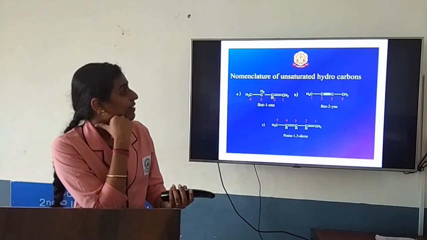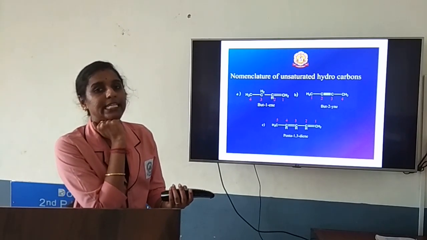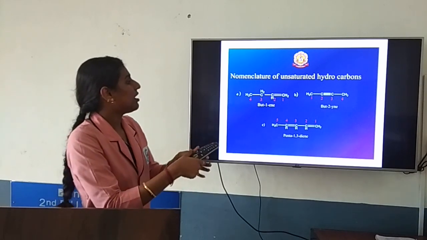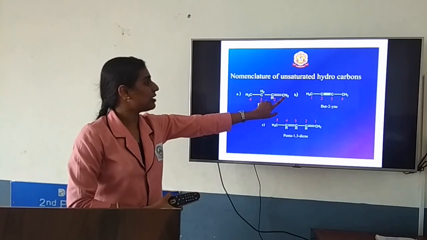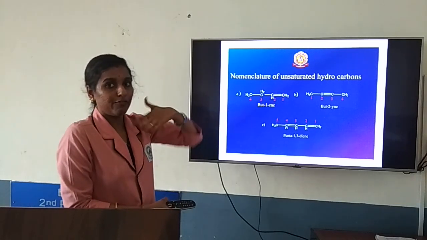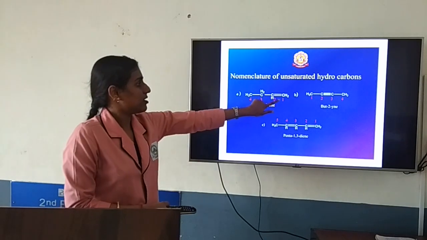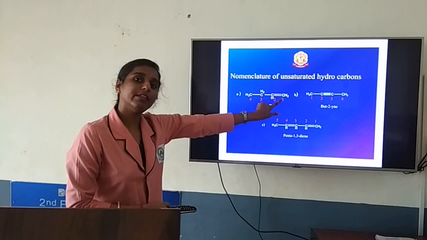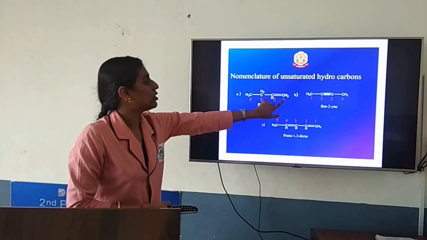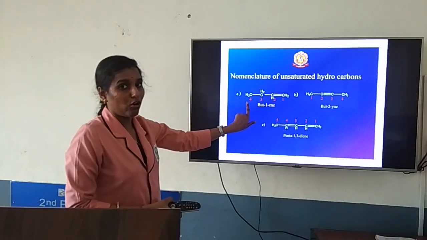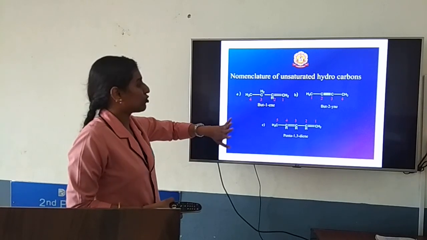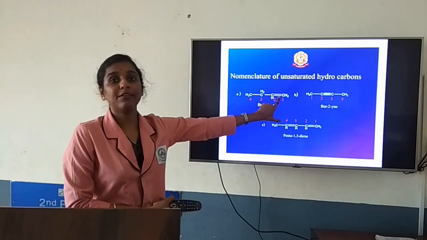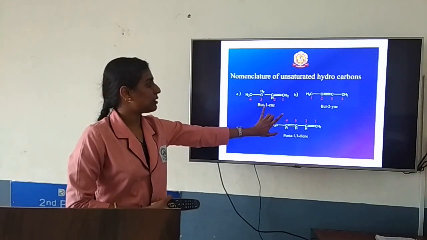Now nomenclature, naming of unsaturated compounds. If it is having a double or triple bond, how are we going to name the compound? Now here it is having a double bond. Start the number from here, as I told, if the functional group is present at the terminal side. This is also a functional group: double bond, triple bond. So you can give numbering from this carbon: 1, 2, 3, 4. So a total of 4 carbons are present, so it is but-. Whether you can give A, no, because a double bond is present, you give E. Better you represent the position also.